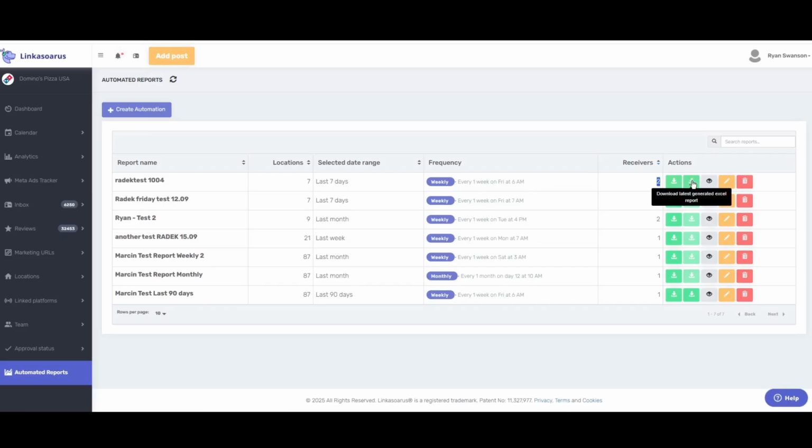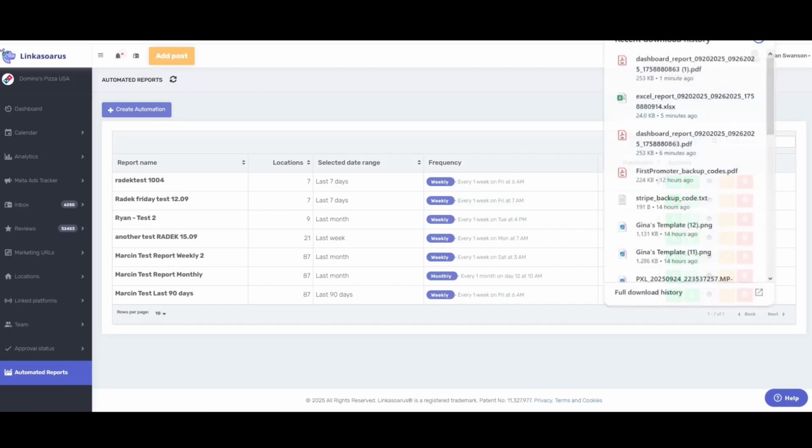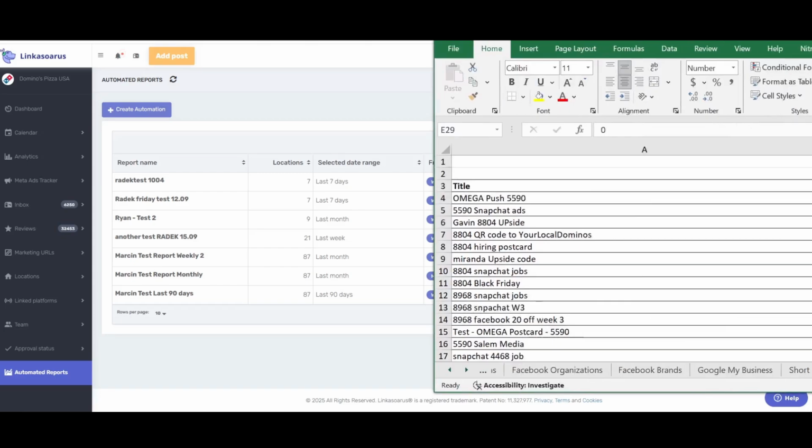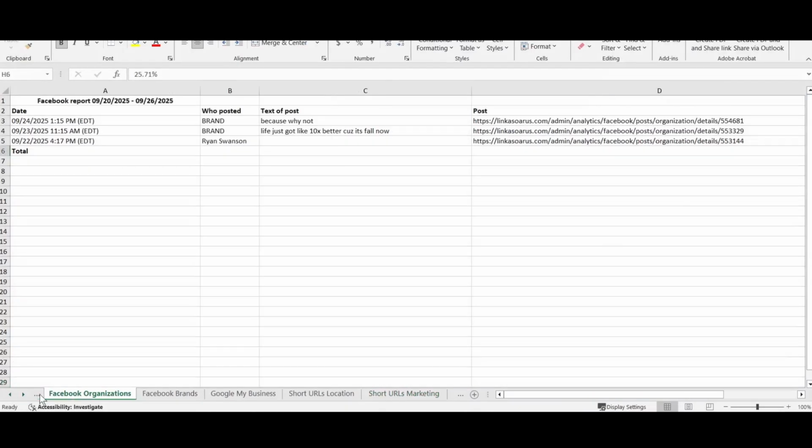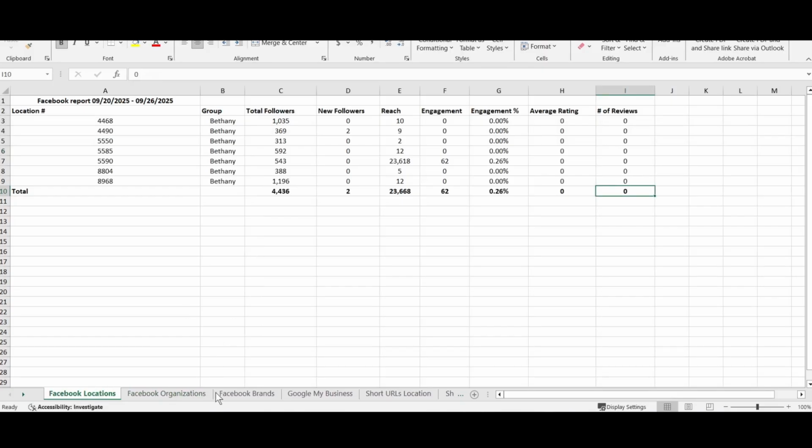Going over here, we also have this column that says download latest generated Excel reports. So if we were going to view an example of one, we'd hit download. And then this is just an example. At the bottom left-hand toolbar down here, we have all the different reports that were included in this Excel